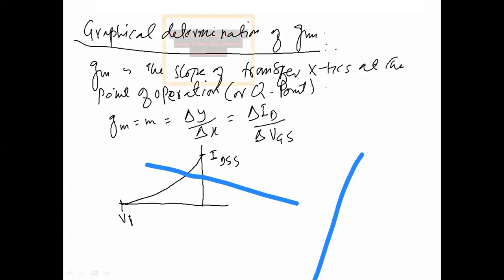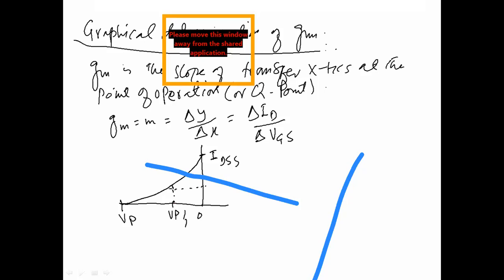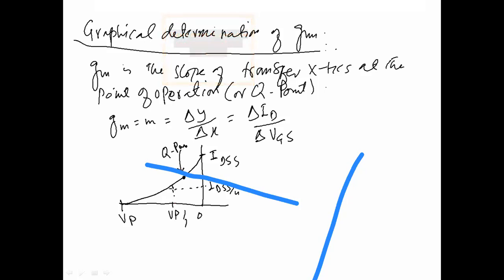IDSS, VP, VP divided by 2, IDSS divided by 4। तो कोई भी Q पॉइंट आप ले लें। So the slope, let's say this is our Q point. So the slope at the Q point, तो यहाँ पर आप टेंजेंट लाइन ड्रा करें।